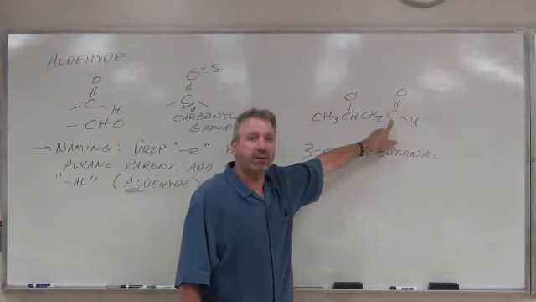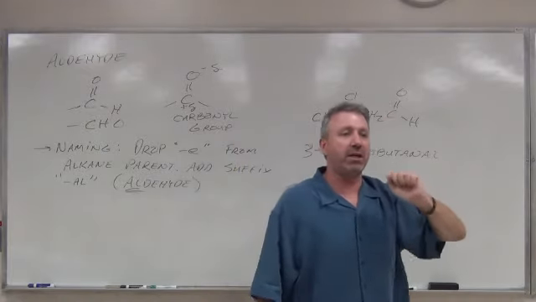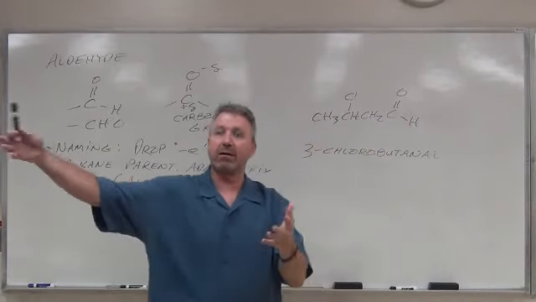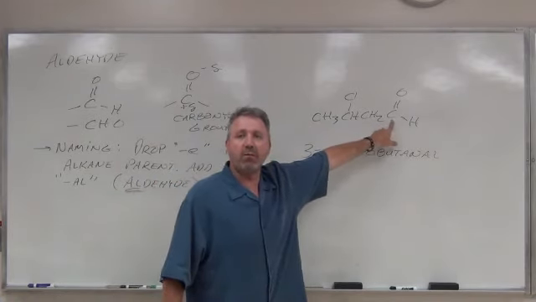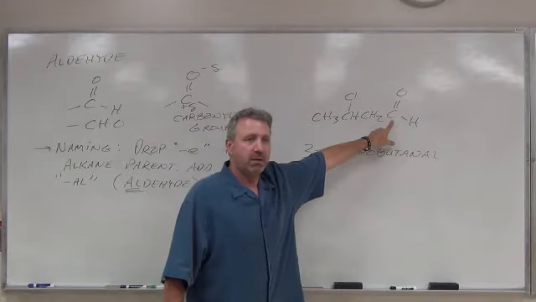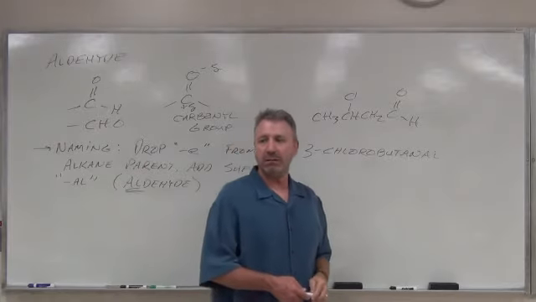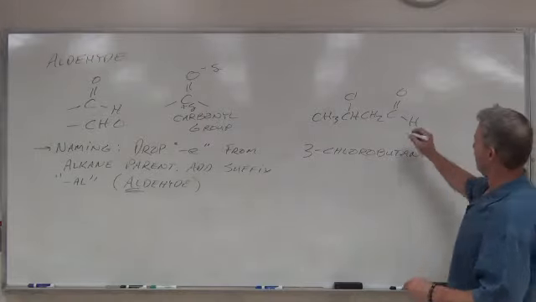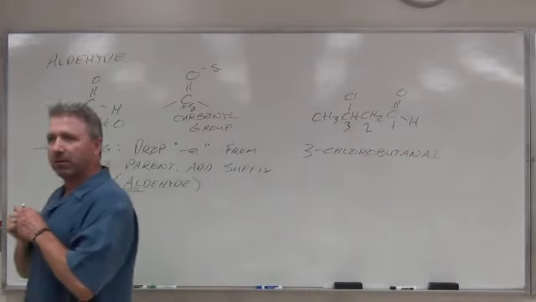You don't have to label it. You don't have to locate it. We number our carbon chain with priority given to the functional groups, as we always have, outside of the alkanes, because the alkanes didn't have a functional group. Aldehyde carbons are always carbon number 1, no matter what. So you never have to locate them. It's not 3-chloro-1-butanal. Okay? You never have to locate it. Everybody good? See why it's 3? This is carbon number 1, 2, 3. Chloro group on carbon 3.